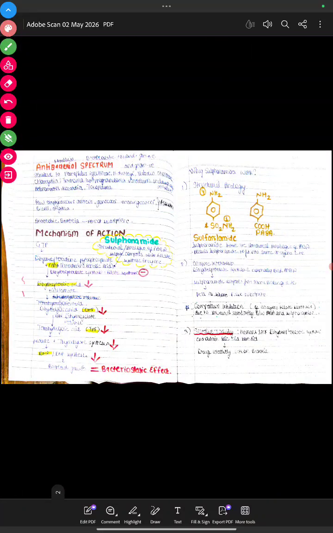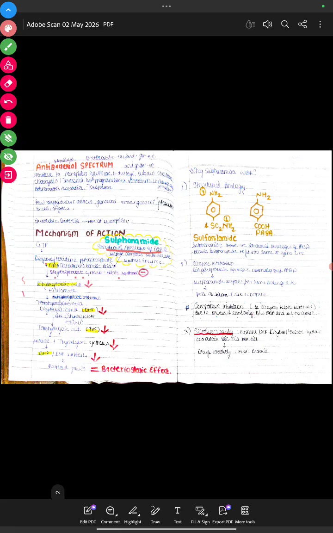Now for the mechanism of action, it is very simple. It is a bit complicated here, but what is important is that we have studied folate synthesis. Sulfonamide will inhibit this folate synthesis. How? The sulfonamide is actually a structural analog of PABA, and it will compete with the enzyme folate synthase, or